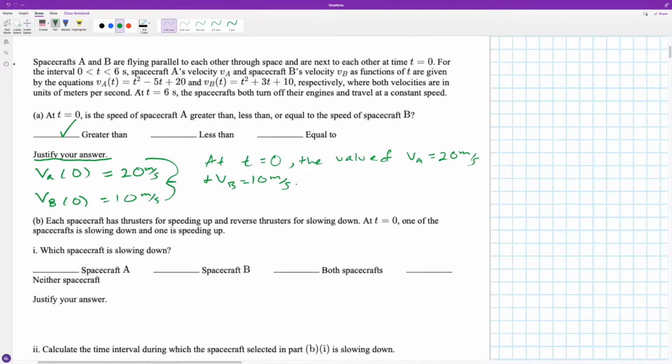So if we look at this, the initial velocity of both these spacecrafts are positive. So the initial velocity of A was positive 20 meters per second. And the velocity of B at 0 seconds is going to be 10 meters per second, also in the positive direction. Now, to be speeding up and slowing down, we need to make a comparison between the direction of the velocities and the acceleration. And so if we recall,